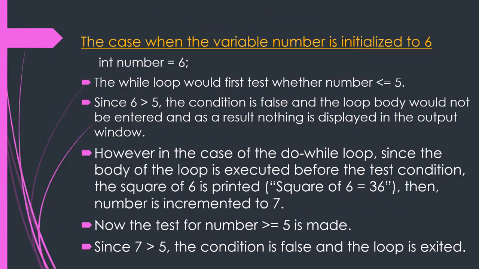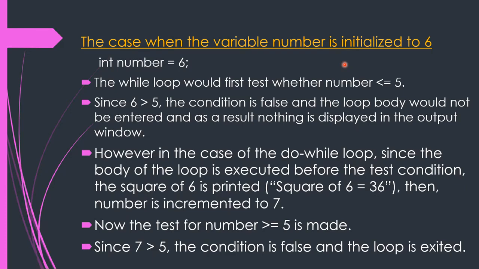Now, as I told that we will be taking the same example as well as a different example for understanding the difference between while and do while. So here we are with the different example. Here we are taking the case when the variable number is initialized to 6. Till now we were initializing the number to 1. Now we are initializing the number to 6, because in the previous case when we were initializing the number to 1,